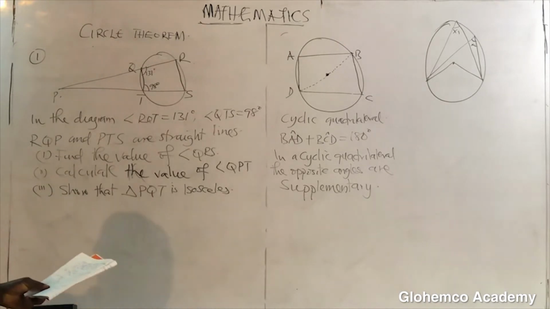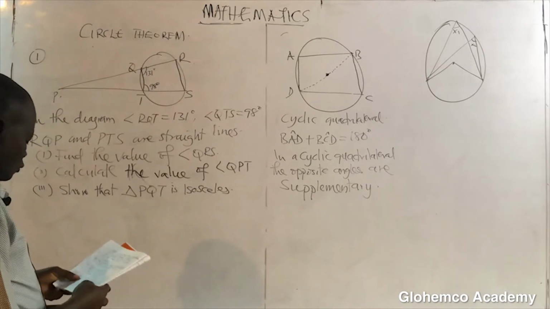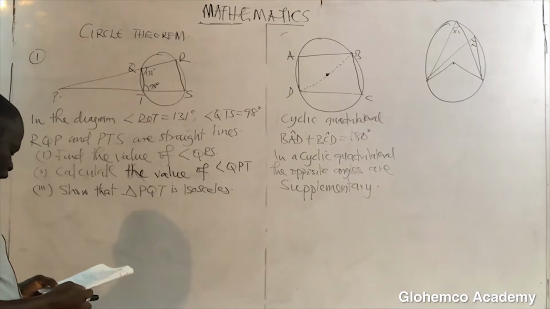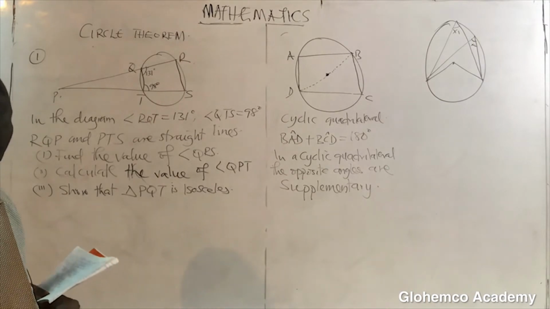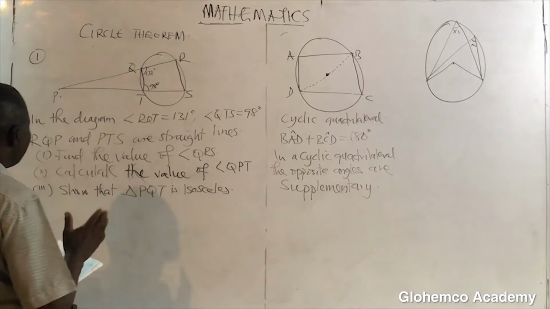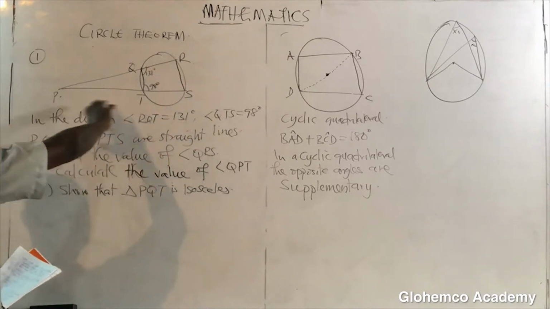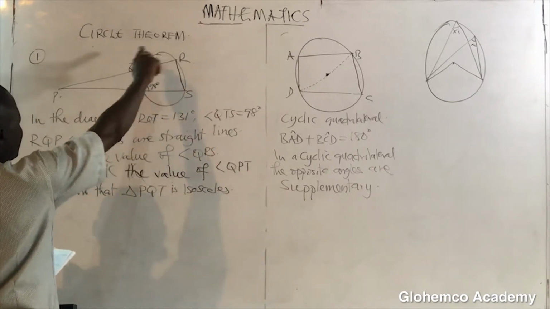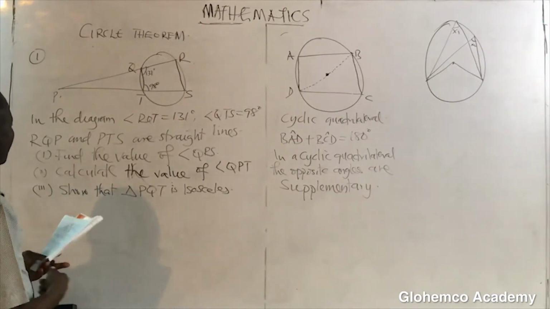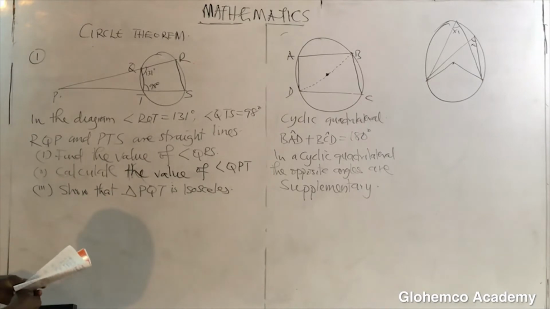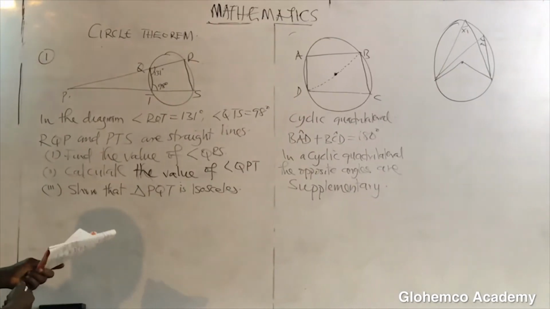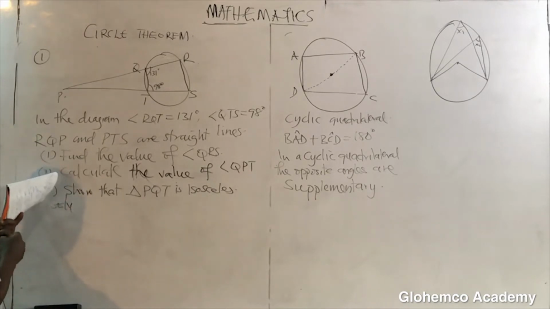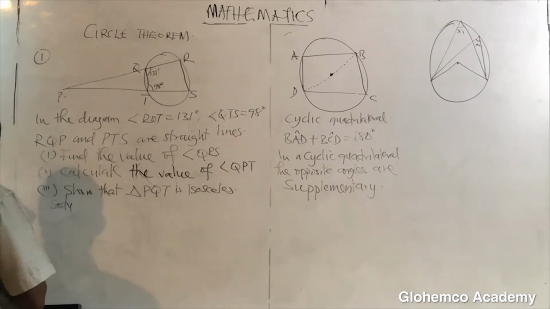We are going to itemize it one after the other. But the first thing is, let's get the diagram cleared. We have been given a sample. We are now asked to find the first one, which is question 1. We have to find